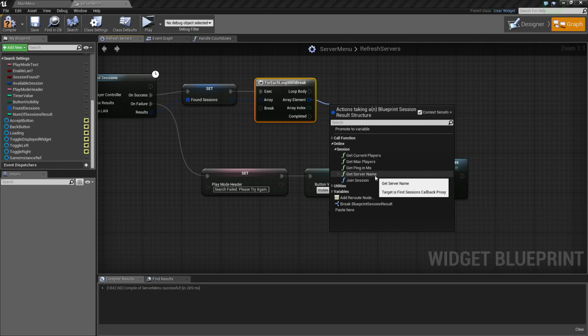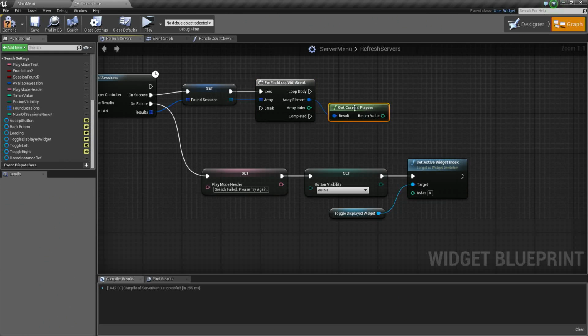It's either the computer name, if you're playing locally, or if you're playing via internet, it's based on the subsystem. In our case, we're using Steam. It would actually use your Steam ID as the server name instead of a user-defined server name. So, like I said, you can't set server name through Blueprint script. I wish you could, because that would be the way that we would do this, but we can't do that just yet. So for now, what we're going to do is just drag off of the array element here,